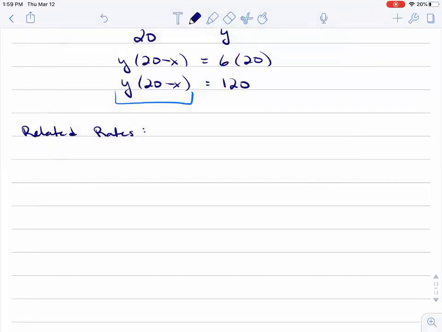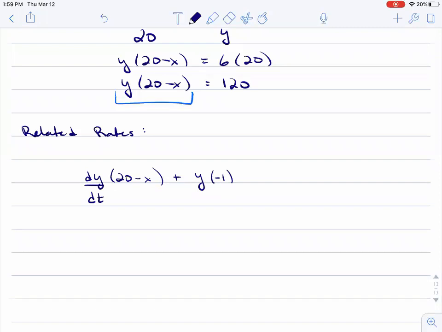If I take the derivative of y, then I get dy dt times 20 minus x, and then plus, leaving the y on its own, times the derivative of 20 minus x, which is just -1,